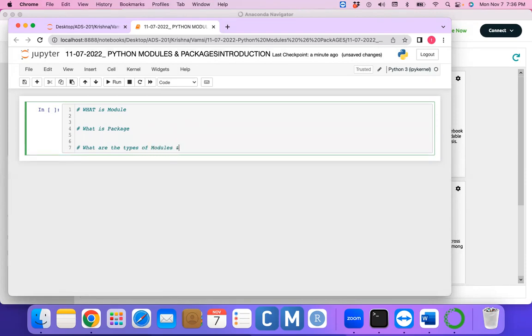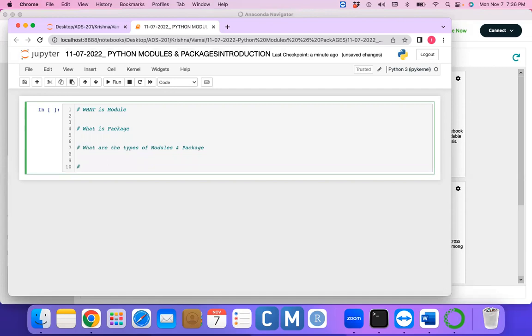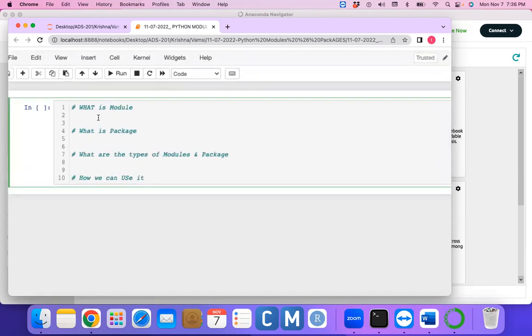Then the next thing is how we can use them. Okay. So here the modules and packages are the same.